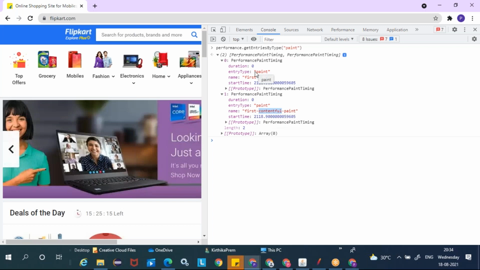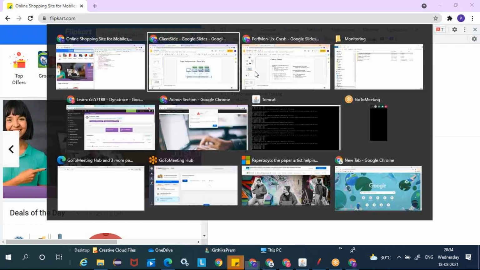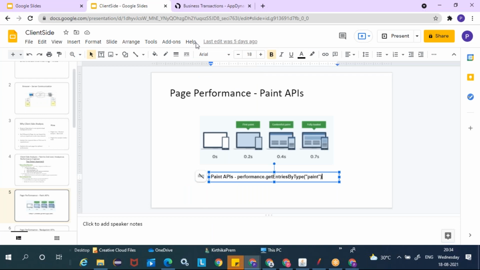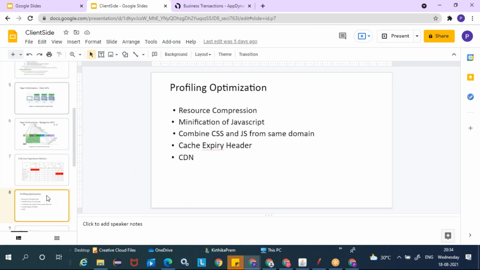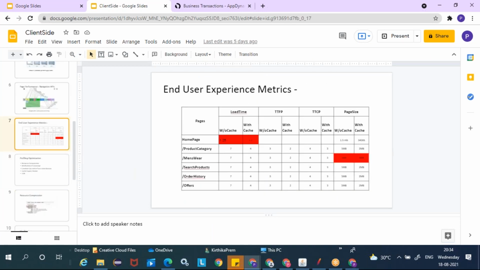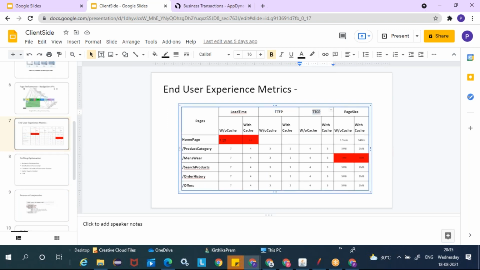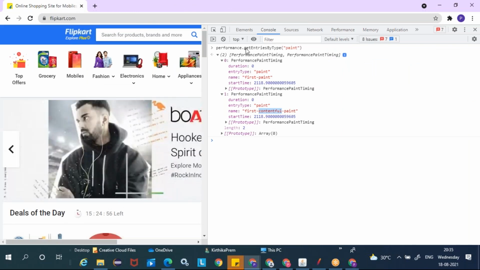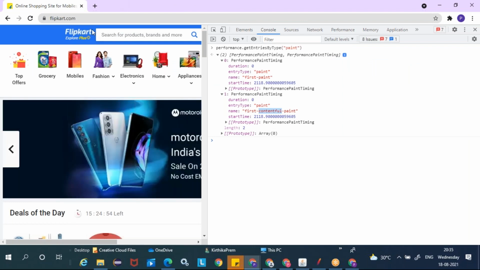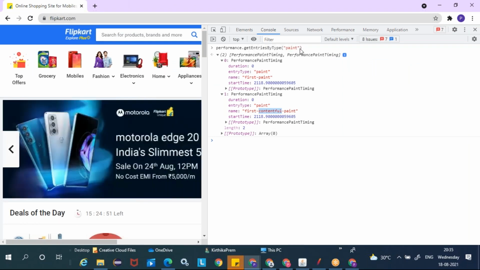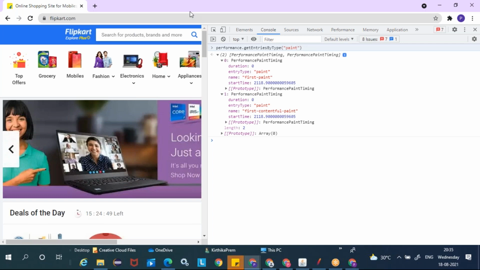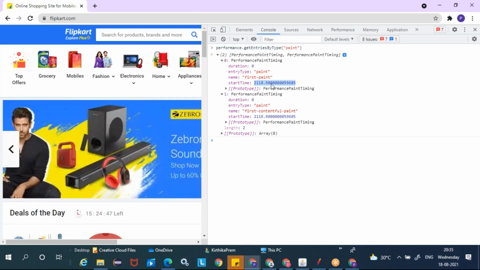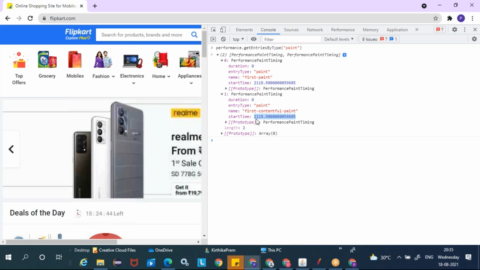So for you to get these two metrics, TTFP and TTCP, you go to flipkart.com or any other site, go to the console, launch the site, and then type this command, performance.getEntriesByType('paint'), and then you'll get two metrics, first paint and first contentful paint.